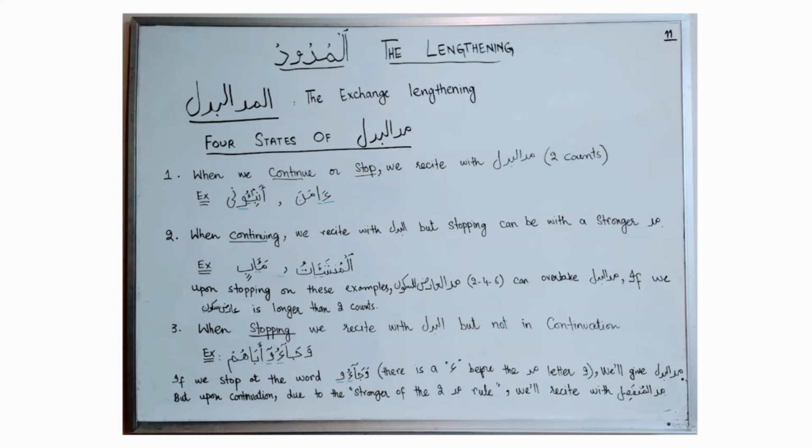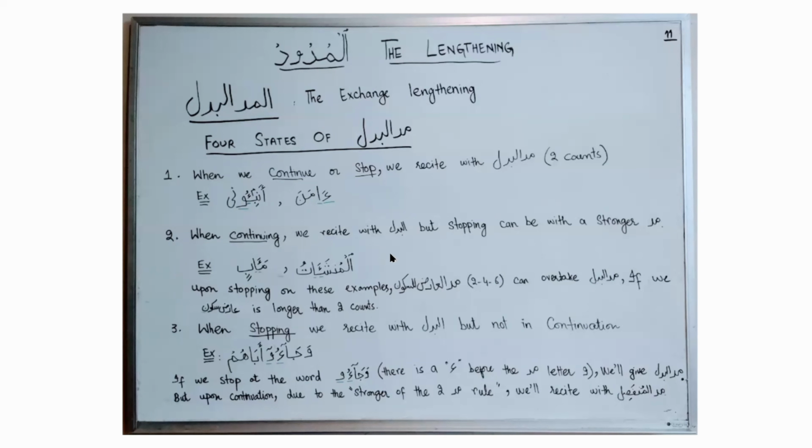But there are four different states of madul badal. The first one is when madul badal is at the beginning of a word or in the middle of a word. So whether we choose to continue or we stop, we will give this madul badal two counts. In this case, I can see madul badal at the beginning of the word. And in this example, I can see madul badal in the middle of the word. So whether I continue my recitation or I stop at this word, in both cases, I will recite this mad as madul badal by giving it two counts. And I will recite these examples like this: Amana,